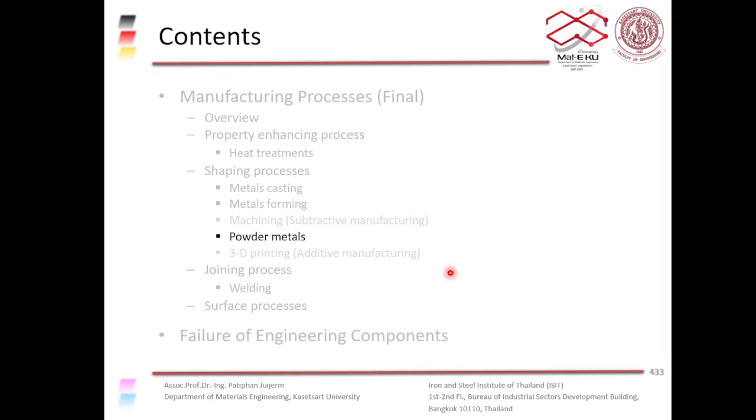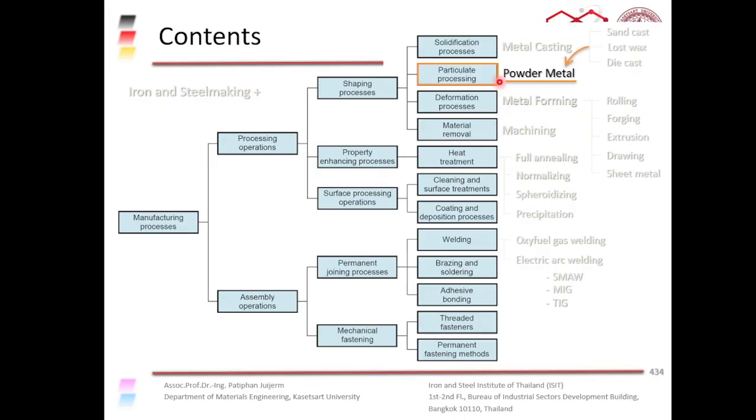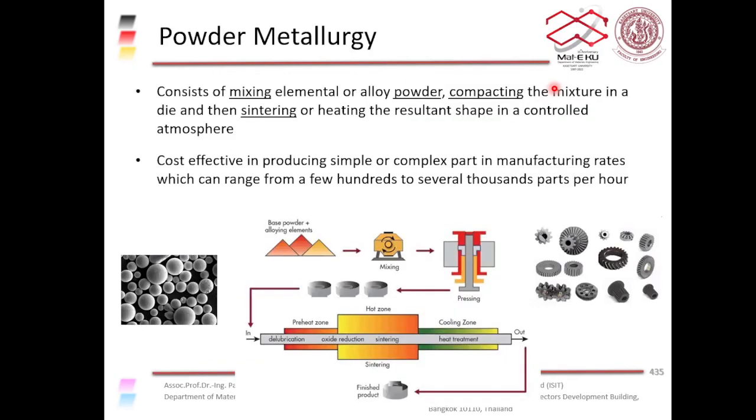Next topic that we are going to cover in this class is powder metallurgy. Powder metallurgy is a process that can be used to shape metal into the shape that we want. It's one of the particulate processing techniques. Basically, powder metallurgy is a process that uses powder of metal to produce the shape that we